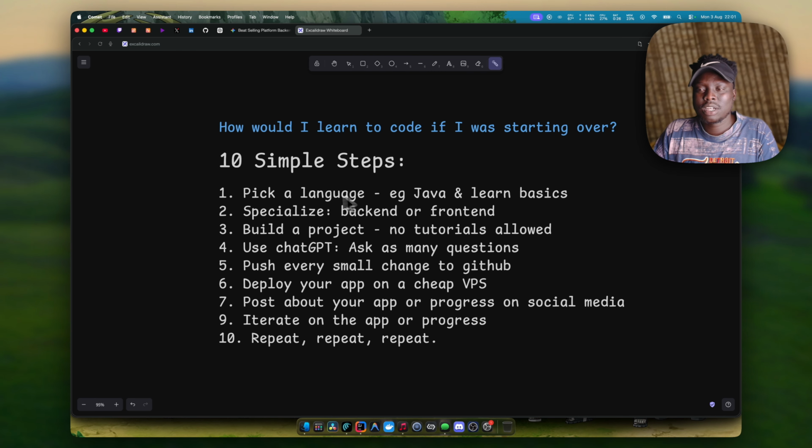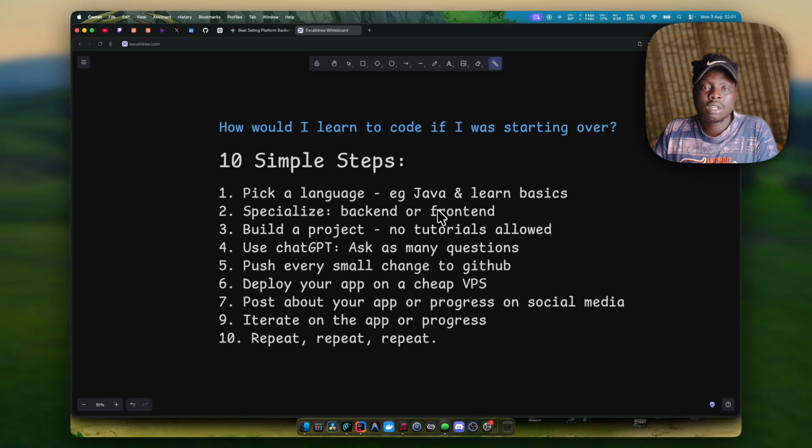Now, this one goes hand in hand with picking a language, with exceptions of different languages, like for example JavaScript that you can use in both backend and frontend. Well, I wouldn't go with JavaScript in this day and age. Reason being, it is overly saturated. Every single person is just learning it because it's way too easy. I'm not meaning it's too easy, but it's just very saturated and everybody's doing it.